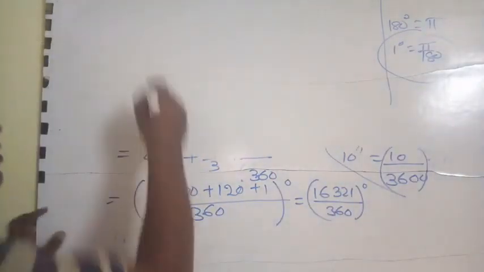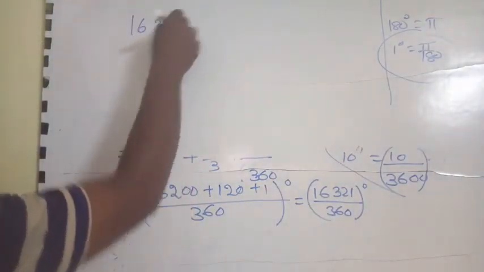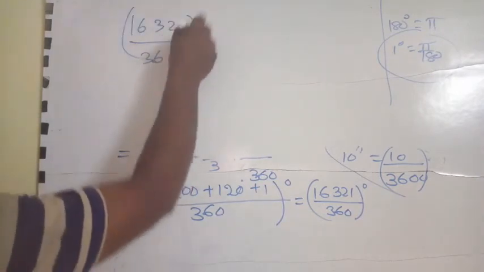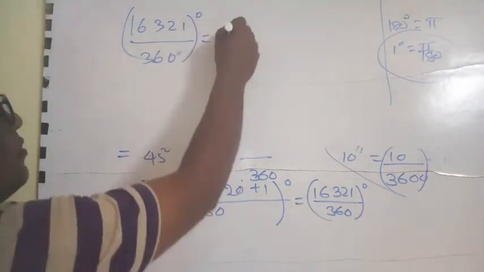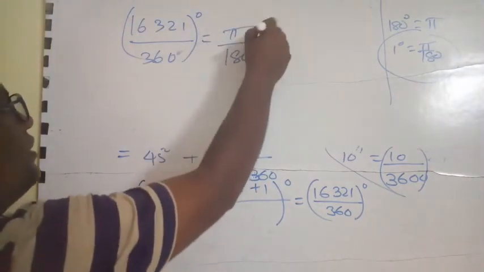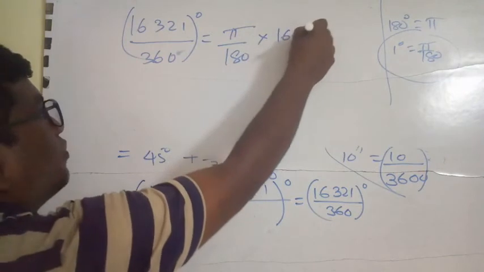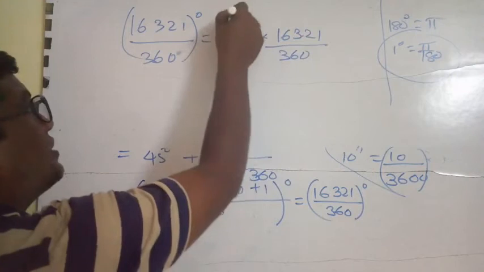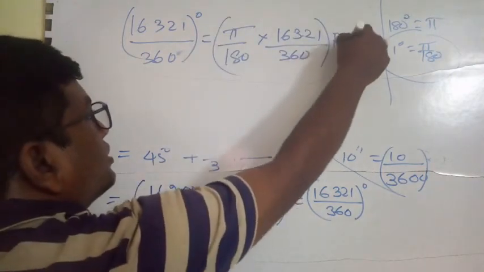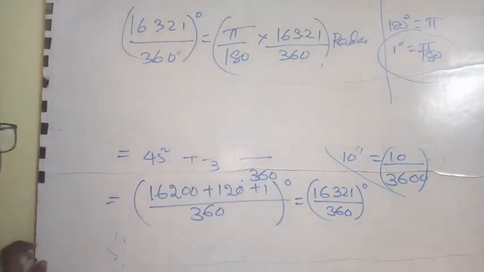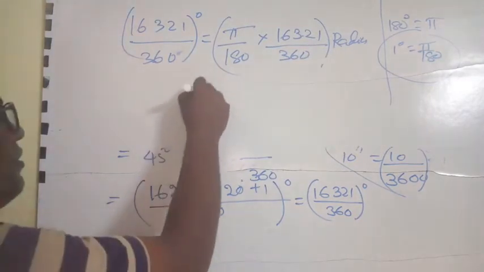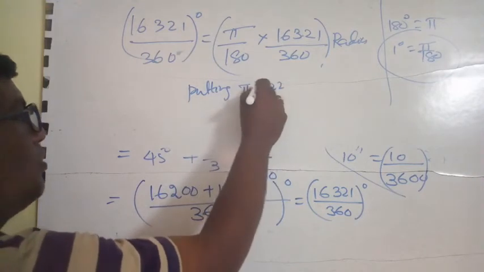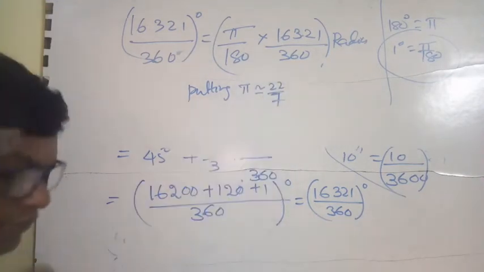So 16321 by 360 degree is equal to pi by 180 into 16321 by 360 radian. Putting the value of pi, pi is approximately equal to 22 by 7. We get